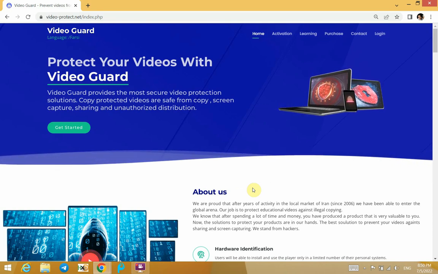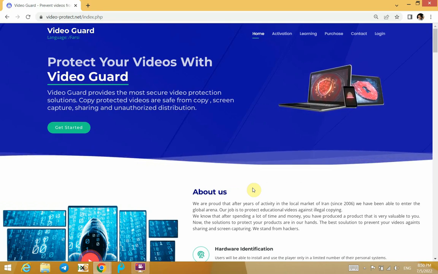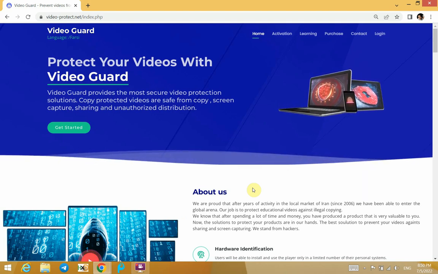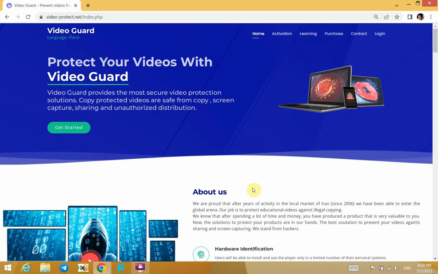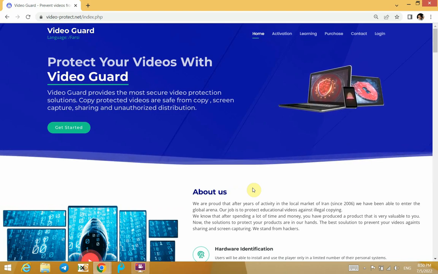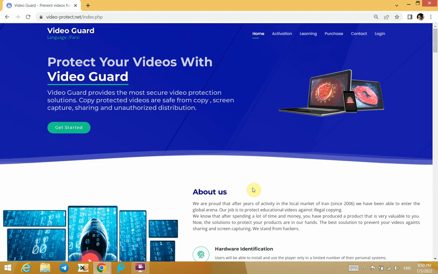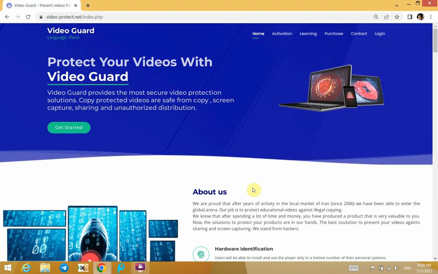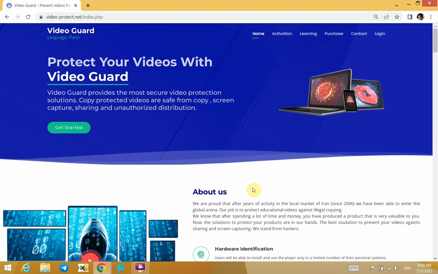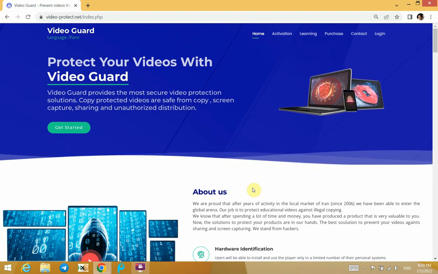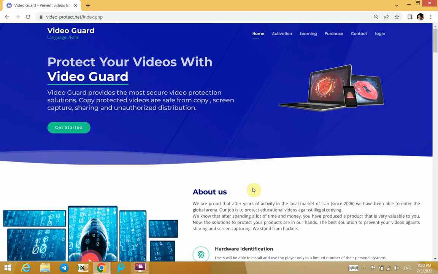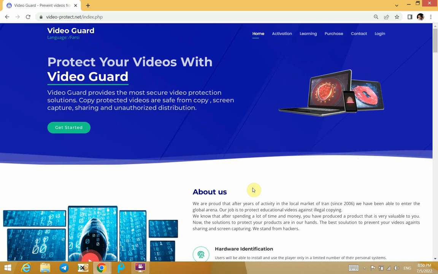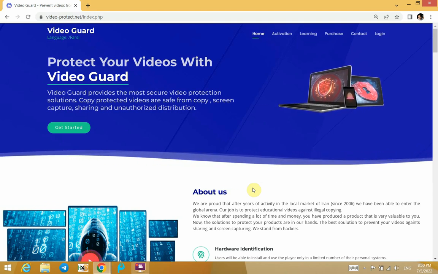What is VideoGuard? VideoGuard is a software to prevent illegal copying of educational products, which has been created using our experience in software security. We have boldly entered the world arena by presenting VideoGuard. C#, Xamarin, XAML, WPF, PHP, Java, JavaScript, JSON, HTML, CSS, MySQL, and Ajax programming languages have been used to complete the VideoGuard software project. A lot of time has been spent on researching, developing and testing VideoGuard